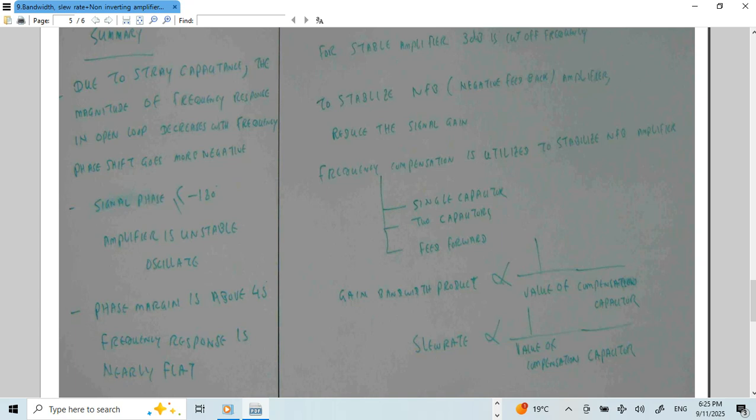When we are making an operational amplifier circuit, the important thing is stabilization. For stabilization, we use the compensation capacitor, we use the appropriate cut-off frequency, and we do not allow the signal phase to be smaller than minus 180 degrees. So we use the single capacitor or two capacitor, or feed-forward capacitor, to stabilize the operational amplifier. So this section is